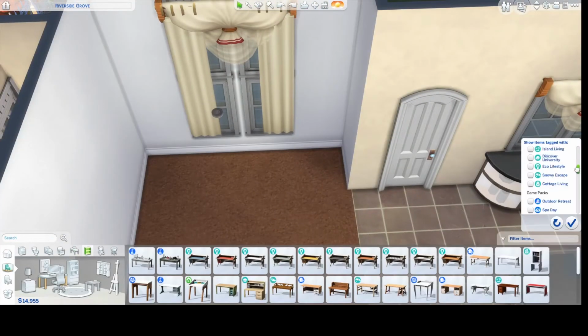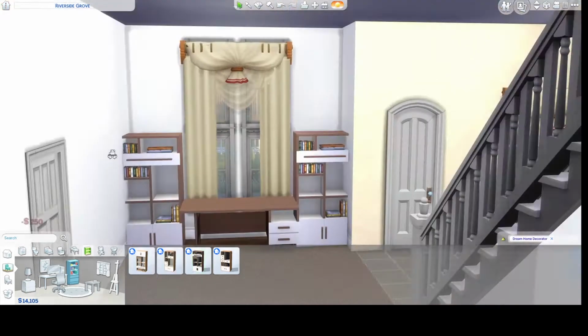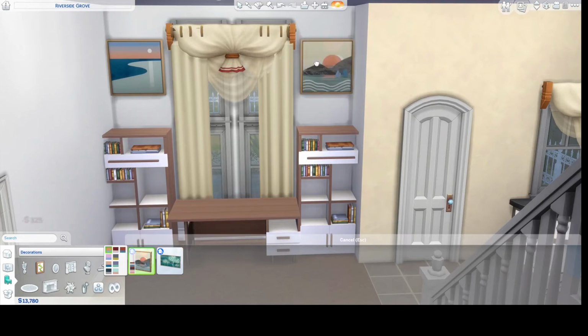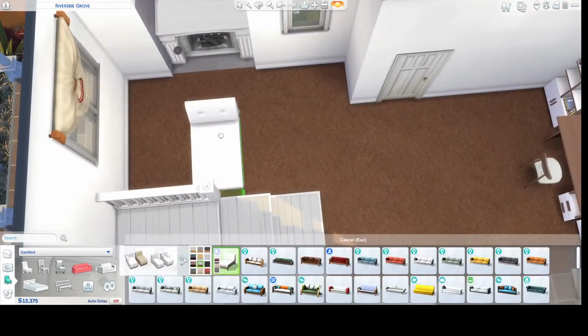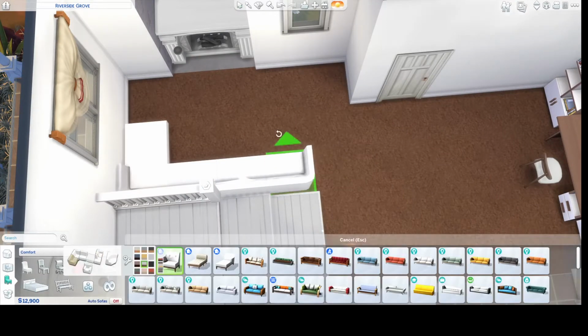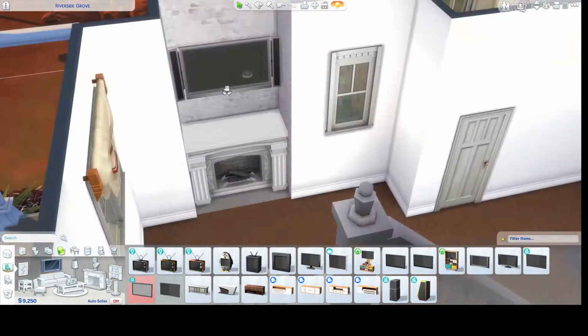Rightio. So onto the study area. I used the home decor pack to create this little study nook, I guess. I really do like the Dream Decorator pack. It's got some really good stuff in it. So if you haven't got it yet, I would recommend it because just